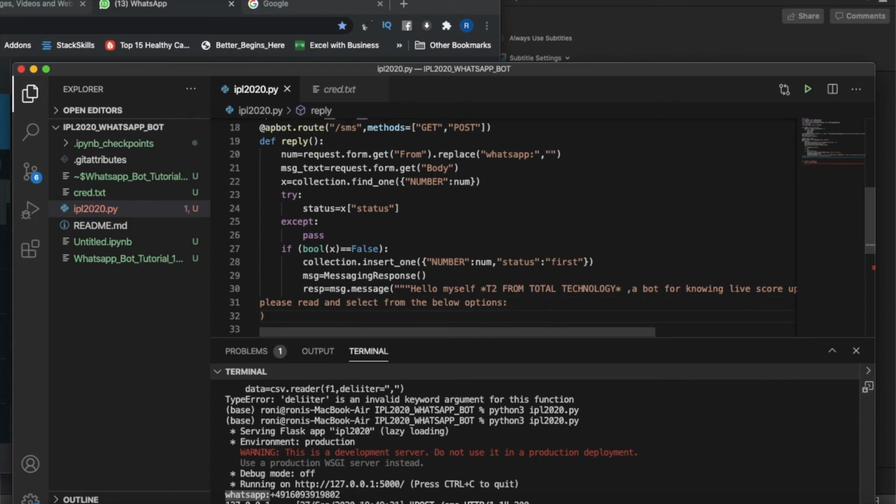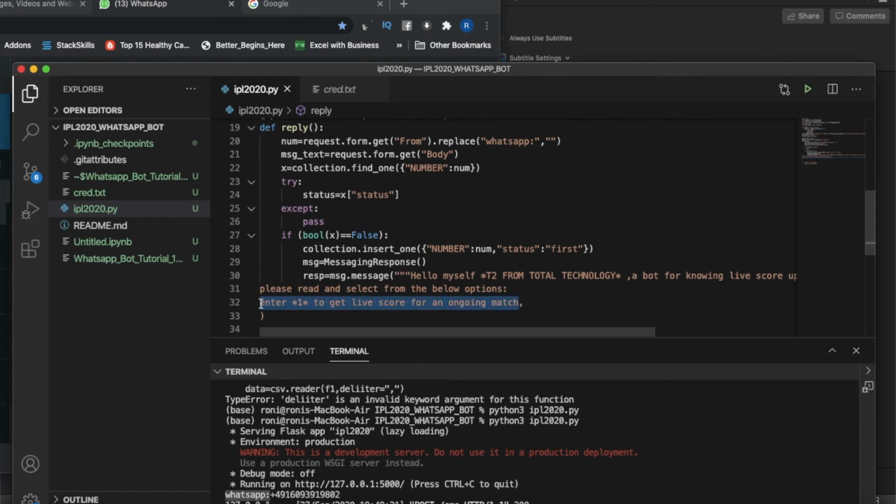And after that, again, now we'll write like this: Enter 1 for live score, to get live score for an ongoing match.